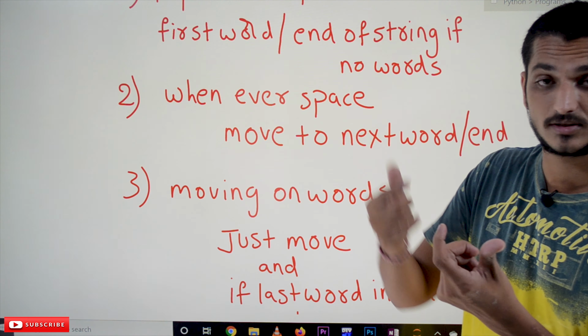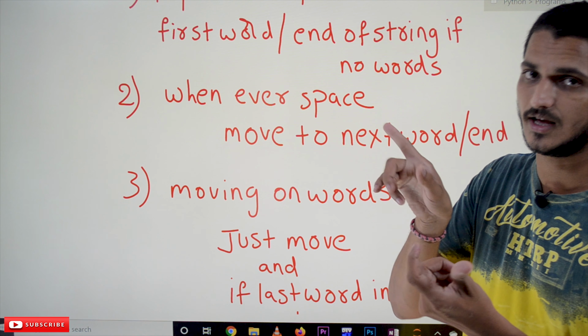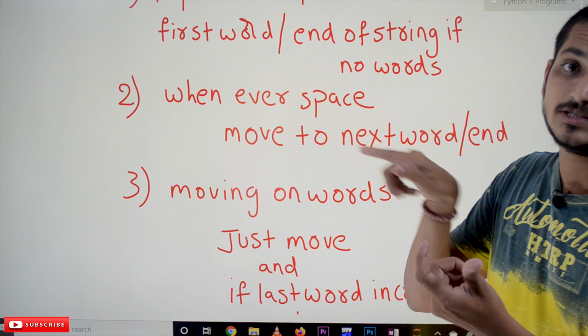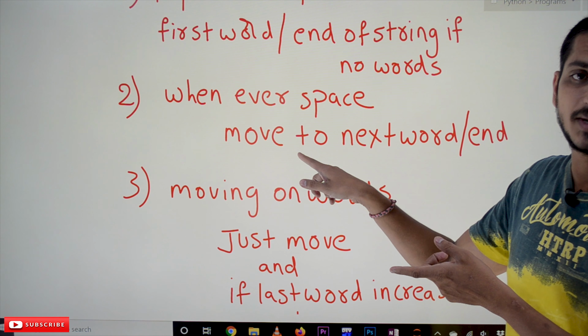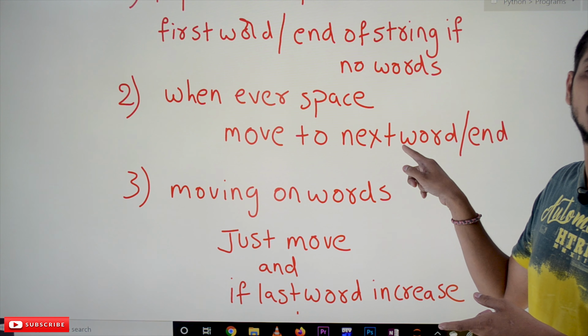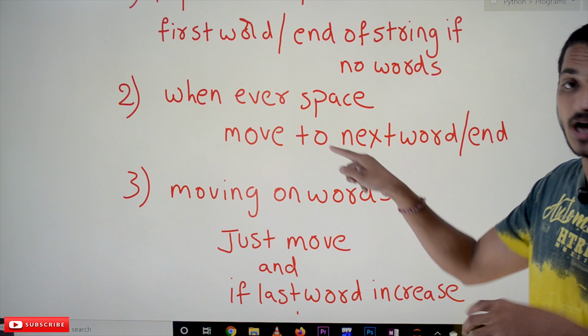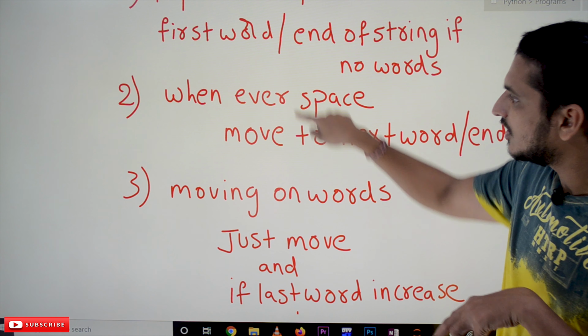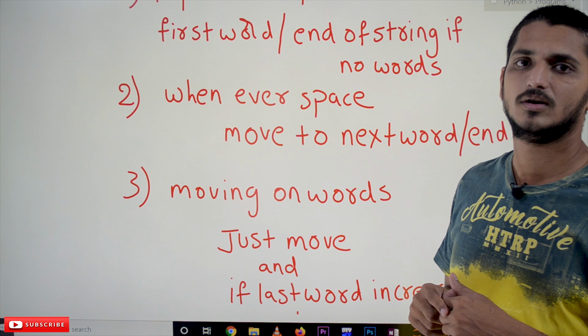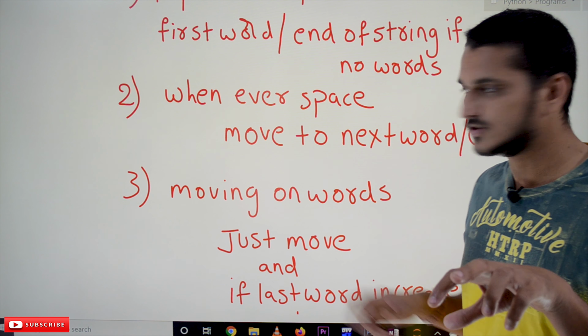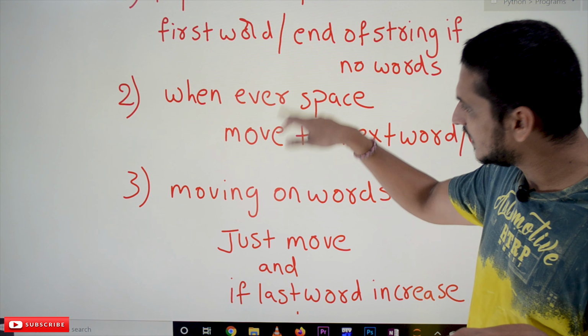See here in the fourth condition, we identified that at the end of the string we are having spaces. In that situation, we have to move till the end. In the middle, if you found spaces, we have to move to the next word. So these are the 2 conditions we have to take care of in the second logic, and we have to increment the word count. Okay, so that's that logic, those 2 conditions.